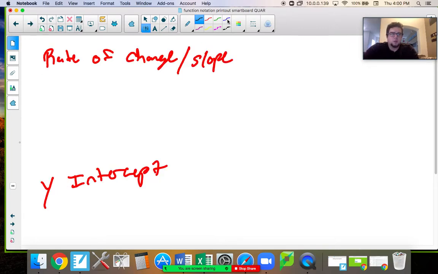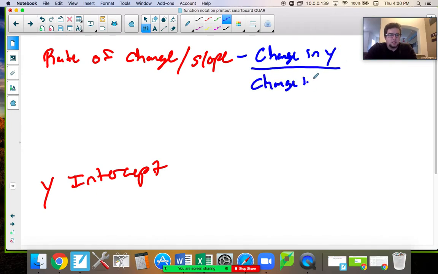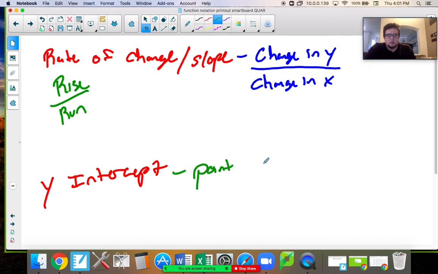Rate of change and slope are something that we didn't talk about in that video. Hopefully we're a little bit familiar with them. Rate of change is the change in y over the change in x. It's also known as rise over run when we're talking about a graph. The y-intercept is the point where the line